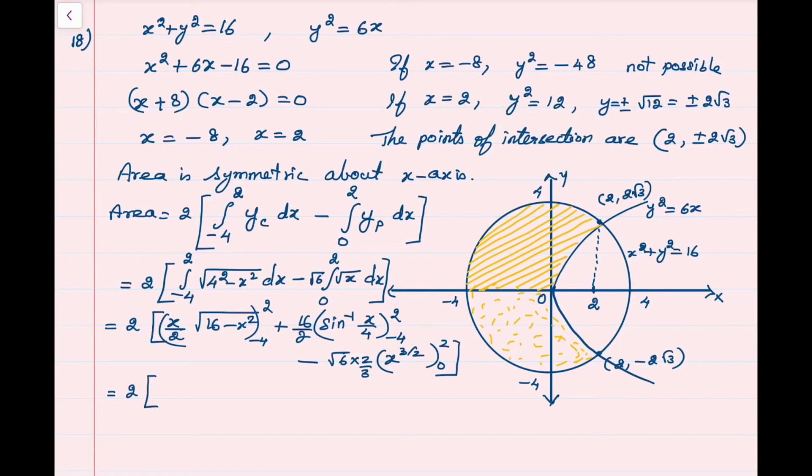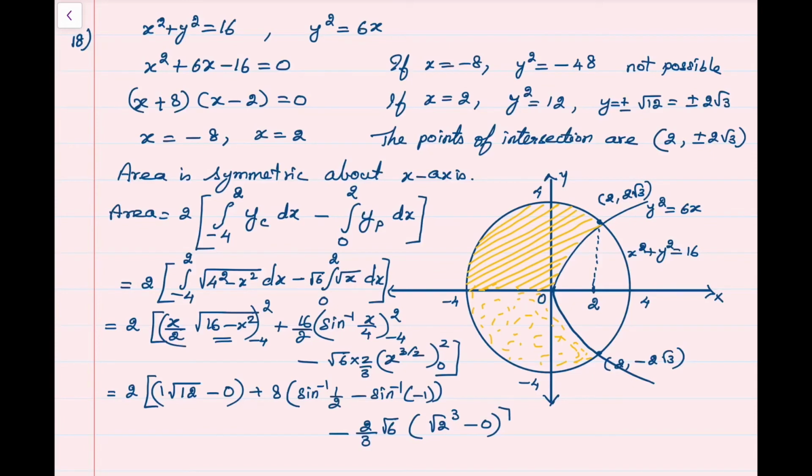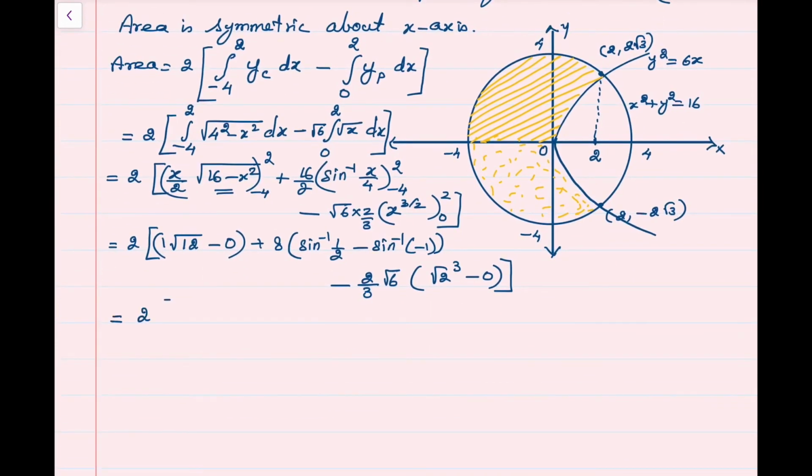2 times upper limit is 1 into root of 16 minus 4, which is 12, minus the lower limit will become 0, plus 8 times sine inverse of half minus sine inverse of minus 1, minus 2 divided by 3 times root 6 root 2 cube, minus the lower limit is 0. 2 times root 12 is 2 root 3